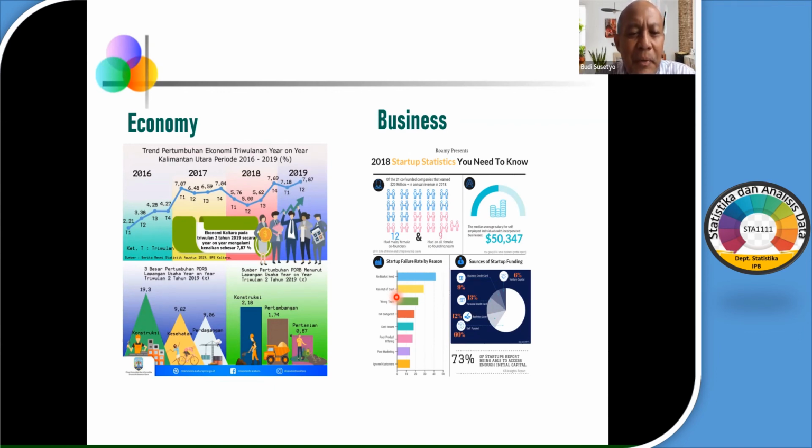Then types of variables, categorical and numerical, and under numerical you have continuous and discrete, as well as some applications of statistics in several areas. So this is the material that